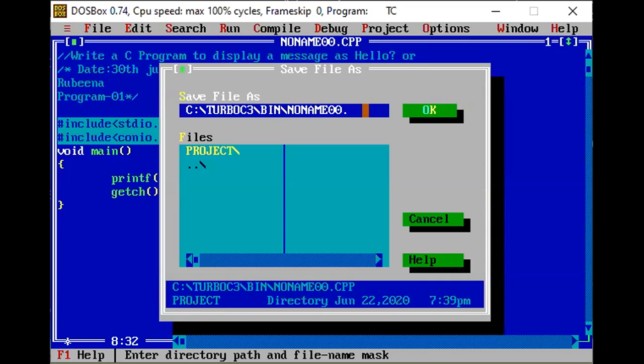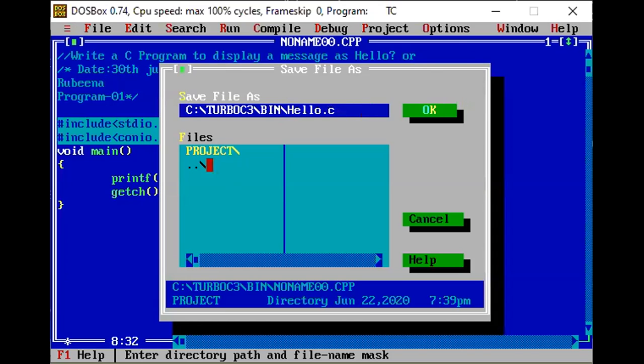The previous file name is given as no name, so I would like to remove that name. In place of that, I want to give hello, as I am just displaying hello in my program, and the extension of this program is .c. So I would like to end it with .c.